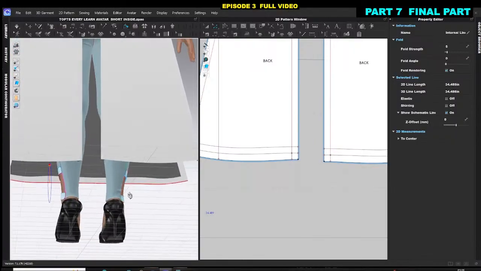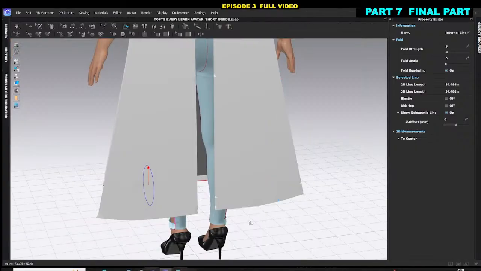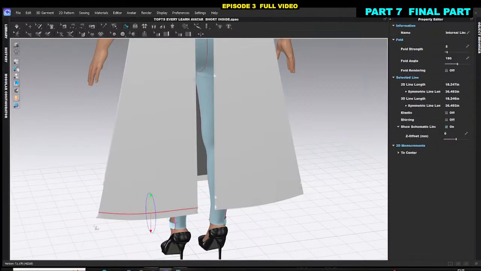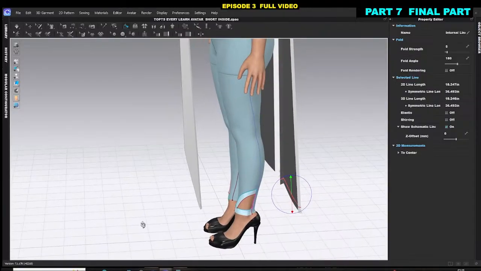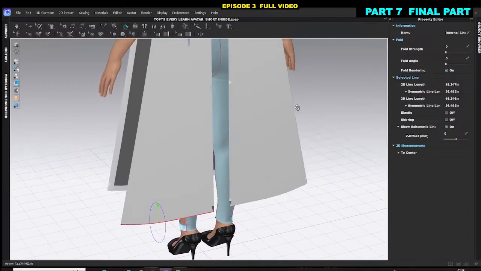Now we go to the back. Let us activate only this one. The back also, we are going to fold, folding it all the way to there. This is strength 0, 0 arrangement on. Okay,